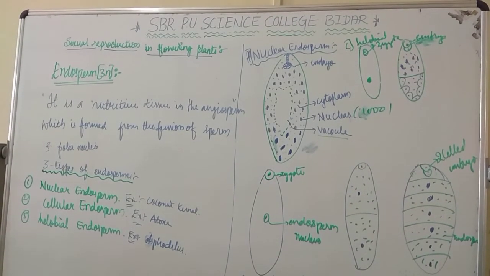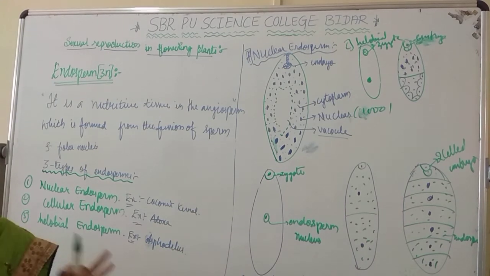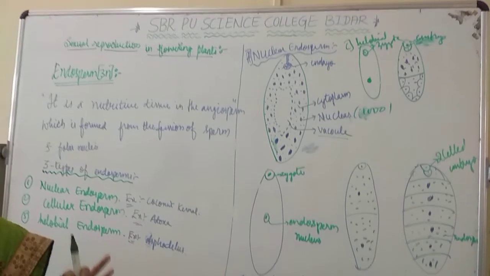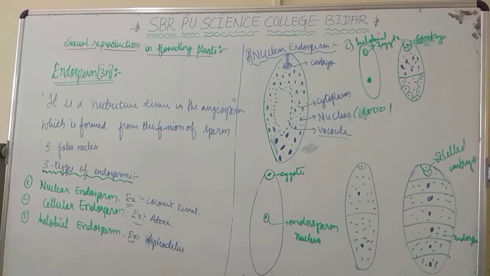So endosperm is formed in many angiosperms, isn't it? Only in a few families, Orchidaceae family and Tropaeolaceae family, there is no formation of the endosperm. In all the remaining angiosperms, endosperms are formed. Why? Because in order to nourish the embryo. If endosperm is not there, the embryo is not developed. If embryo is not developed, no reproduction, that is no development of the new offspring, isn't it?